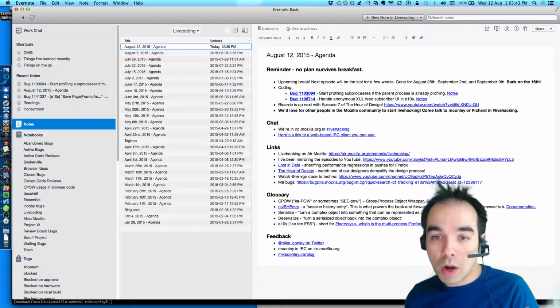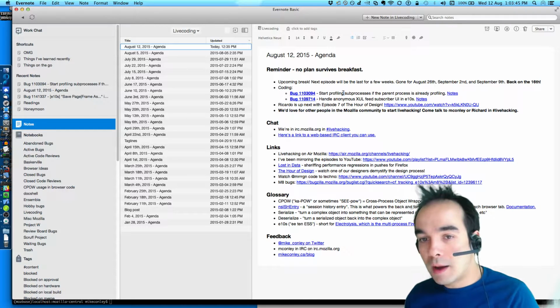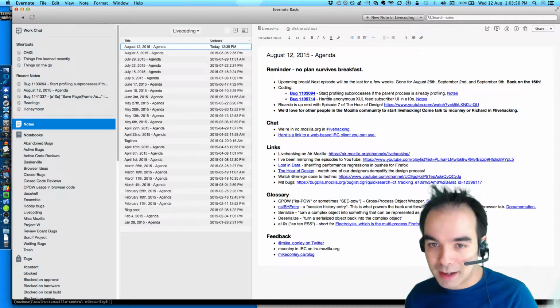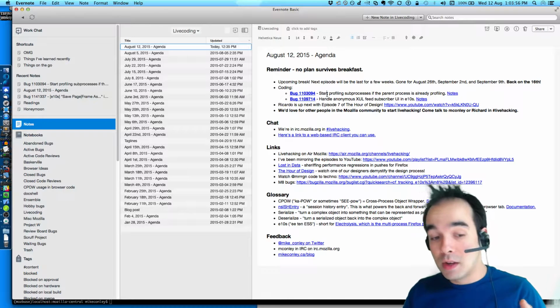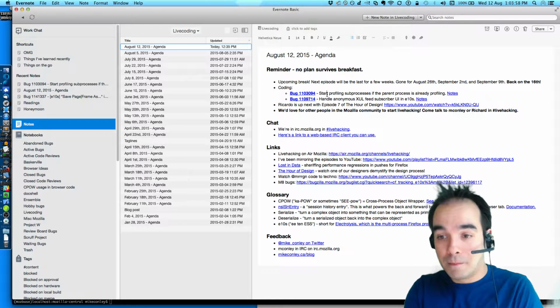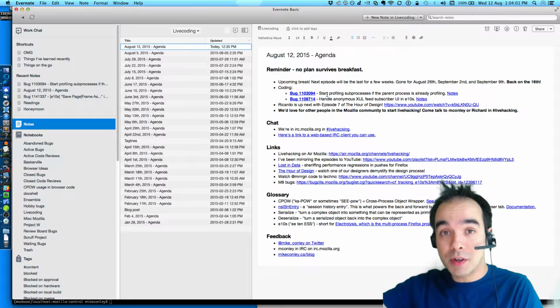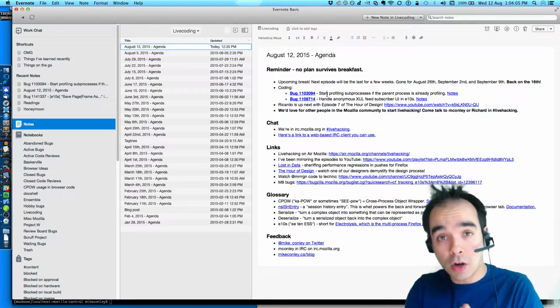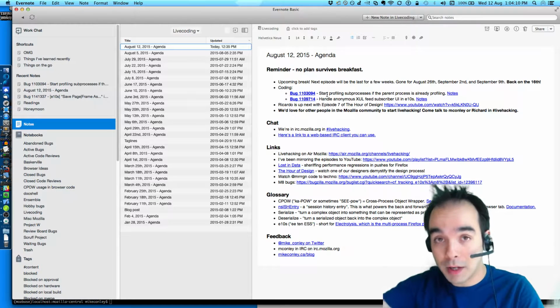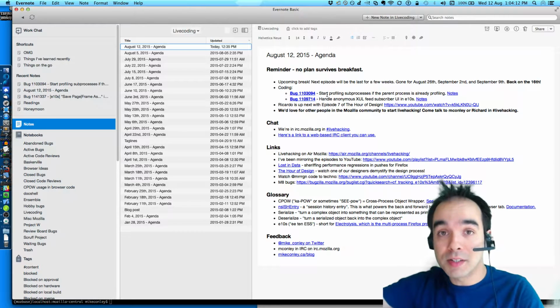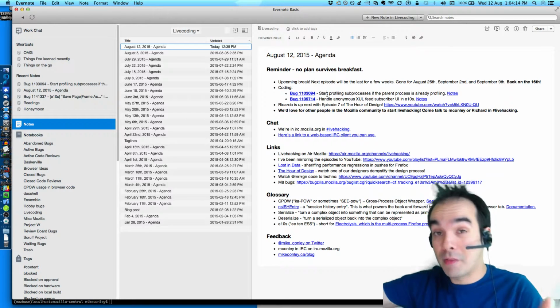So this is bug 1103094. I made a mistake. I originally thought that we weren't getting these profiles from the content process for TPS because when we started profiling, a different content process was starting up, and we weren't getting profiles from it. Currently if you start profiling and then another content process or a plugin process starts up, those new processes don't know that they need to start profiling. And I thought that's what I needed to fix.